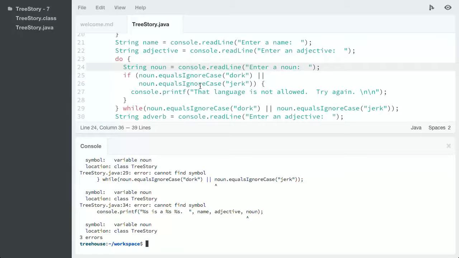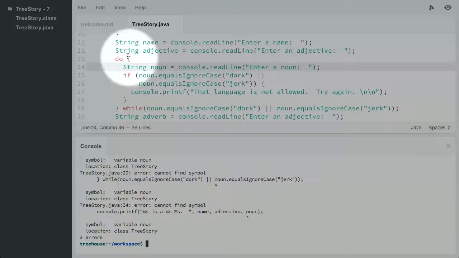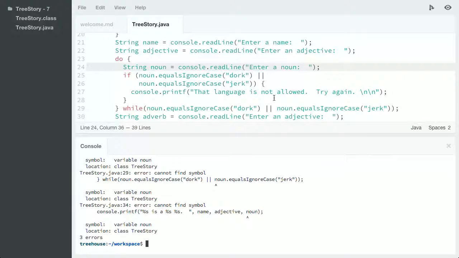That's interesting because we very clearly defined noun right here, inside of this do block. The problem arises because of something called scope. Every time we open up a block of code like we do right here, it opens up a new variable scope. And code run outside of this scope